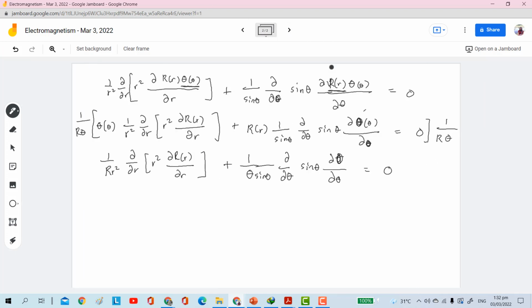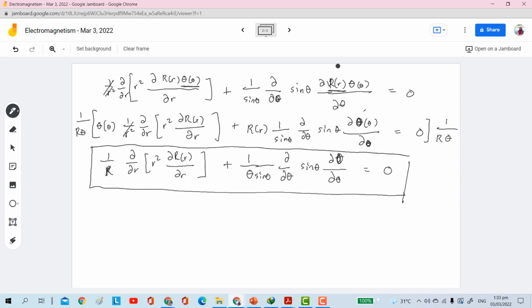So here, we can now eliminate r squared. It's gone, no? So we multiply both sides by r squared. So this one also no longer has r squared. So this one is just 1 over r now. Okay, so this is 1 over r. The same with the r squared here, no? It is 1 over r squared sine theta. So we factor out the r squared, and then 1 over r squared is equal to 0. Or we can multiply both sides by r squared to eliminate 1 over r squared. Okay, so we have this